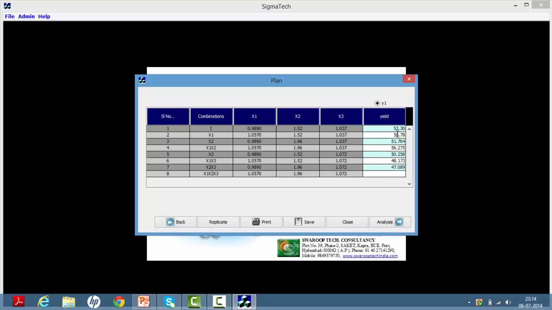The final experiment, 51.002. So after having captured the yield output using these 8 experiments, we're going to now save this data,